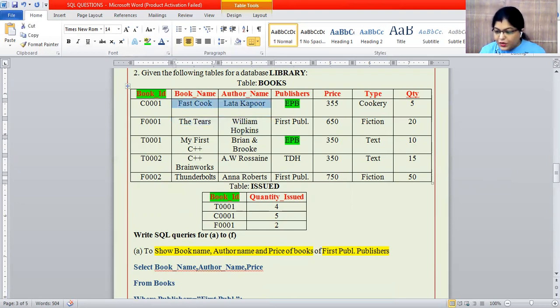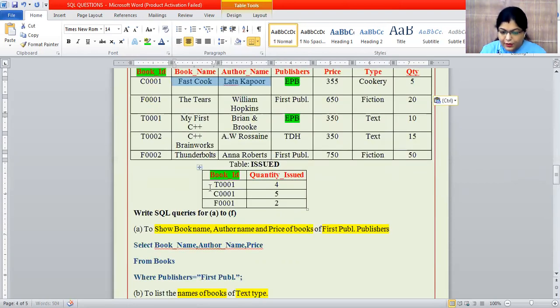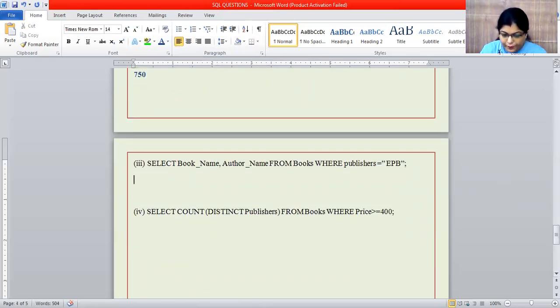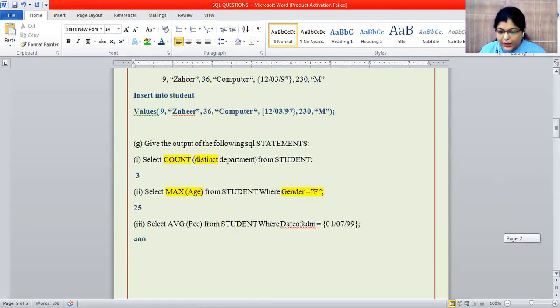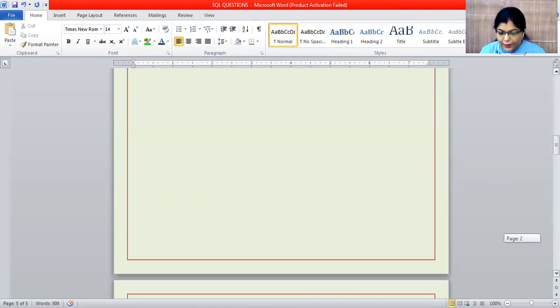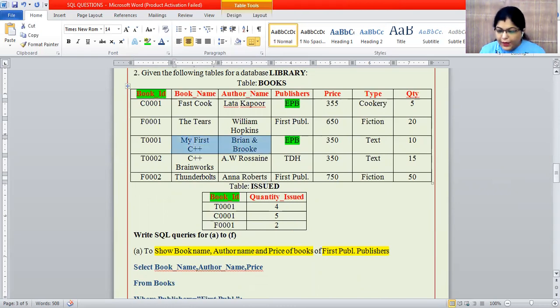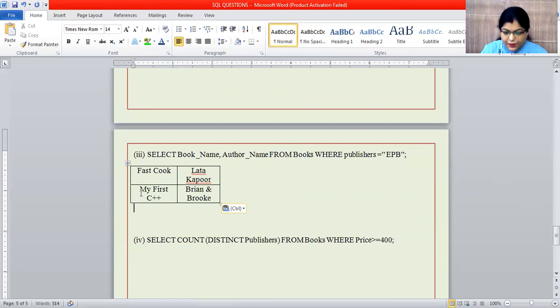The first is Fast Cook and Lata Kapoor. And second is, EPB, My First C++ and Brain. So these two are the answers.